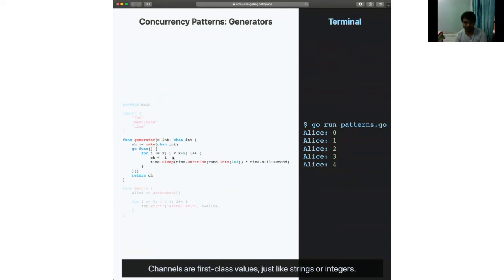So for example, if I call generator 0, like I do here, let's call it Alice, just so it's a nice name. And I set it to generator 0. So inside our program, we have this concurrent piece of code that iterates from 0 to 0 plus 5, which is 5, and puts each of the numbers into the channel and sleeps for a little bit.